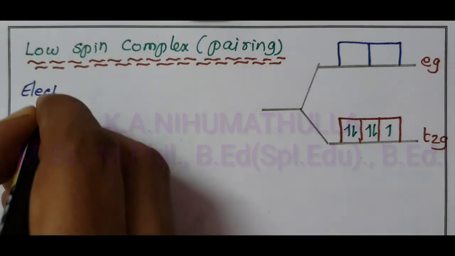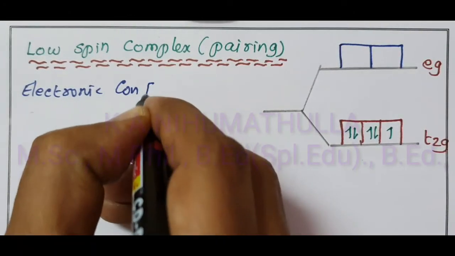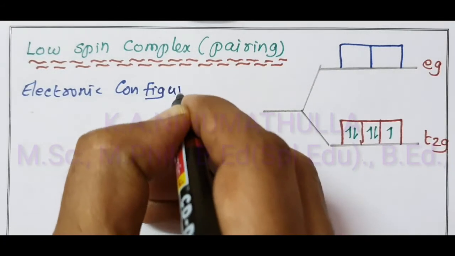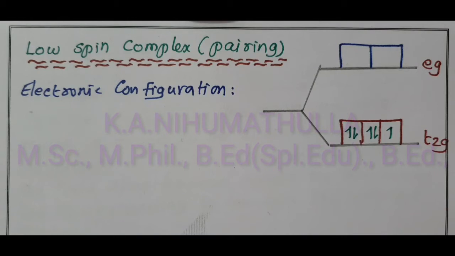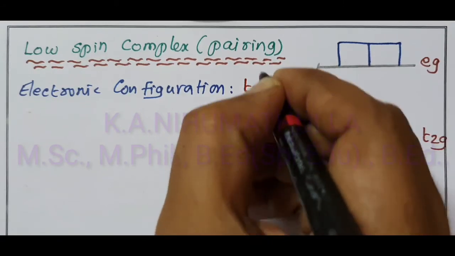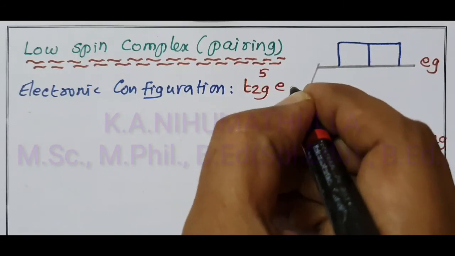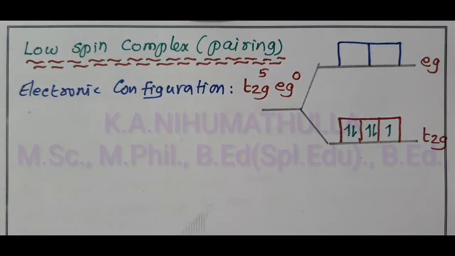The electronic configuration, the arrangement of electrons in the different orbitals, in the low spin complex is t2g. t2g contains 5 electrons and eg contains 0 electrons. Now, we are going to calculate the crystal field